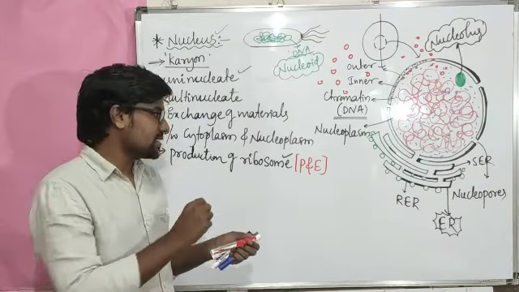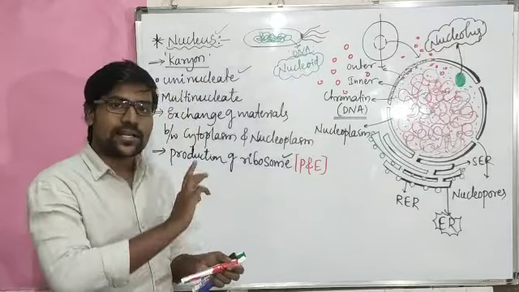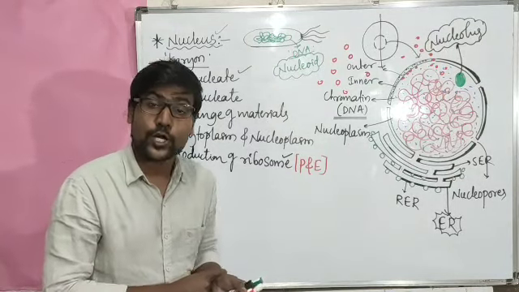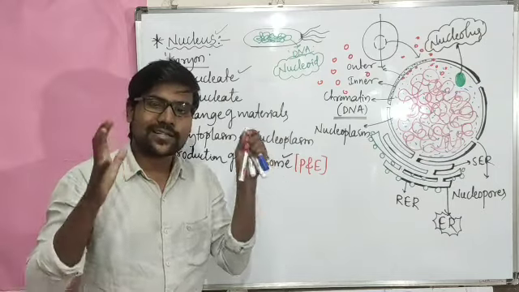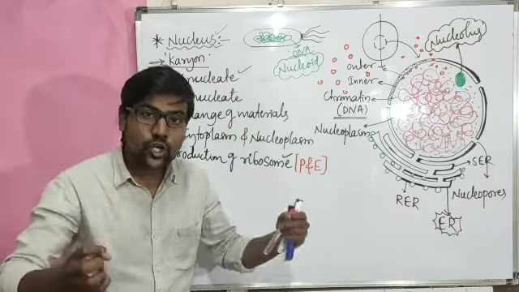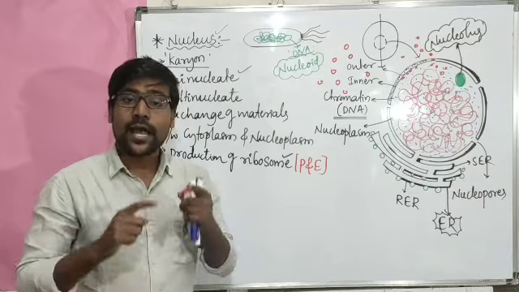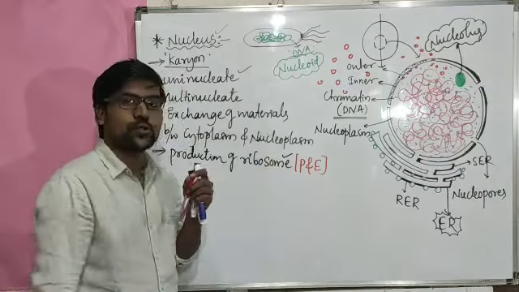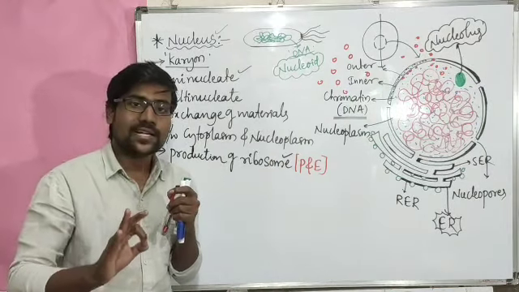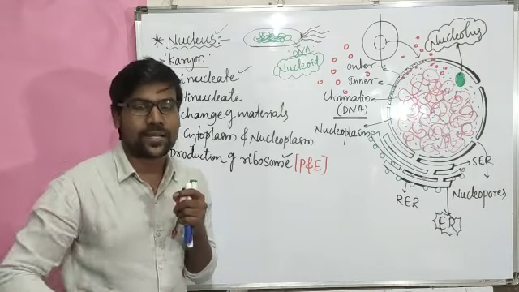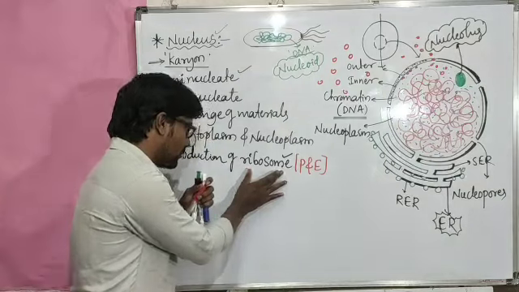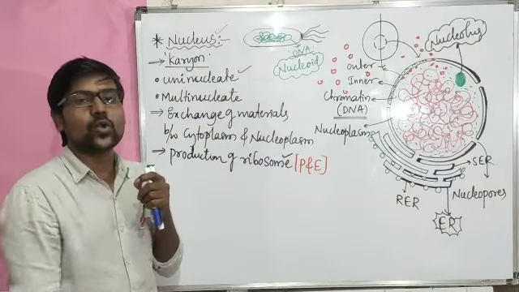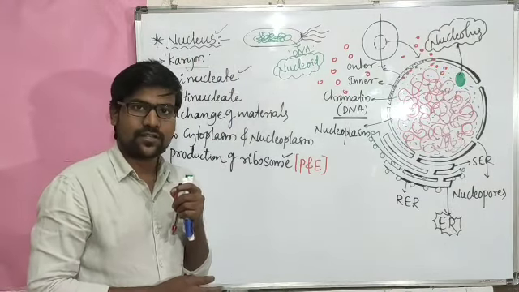And along with the ribosomes, there is another special cell organelle, the centriole. As I told you in the second class itself, centrioles are the cell organelles that help in the division of the cells, right? And those centrioles and ribosomes are considered to be the cell organelles not covered by membranes. And these protein factories, ribosomes, are produced from the nucleolus of the nucleus.